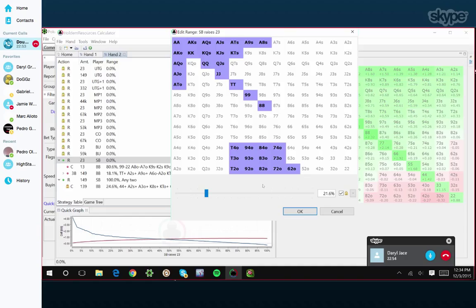I think it just makes sense to do it more logically by picking shittier hands, or I don't know, put it in a way where you can actually use it in game. The problem with this is now you have to remember these specific hands, whereas if you were just doing the nut low hands, it would be much easier. But you kind of have the spot where you're folding the nut low hands, and then